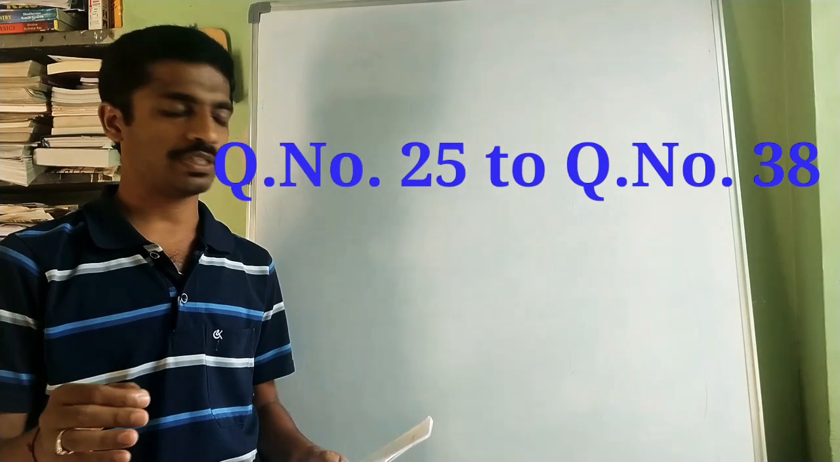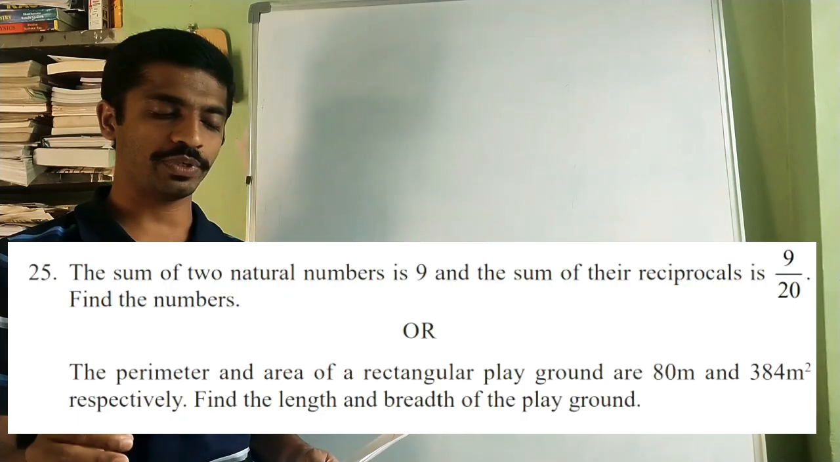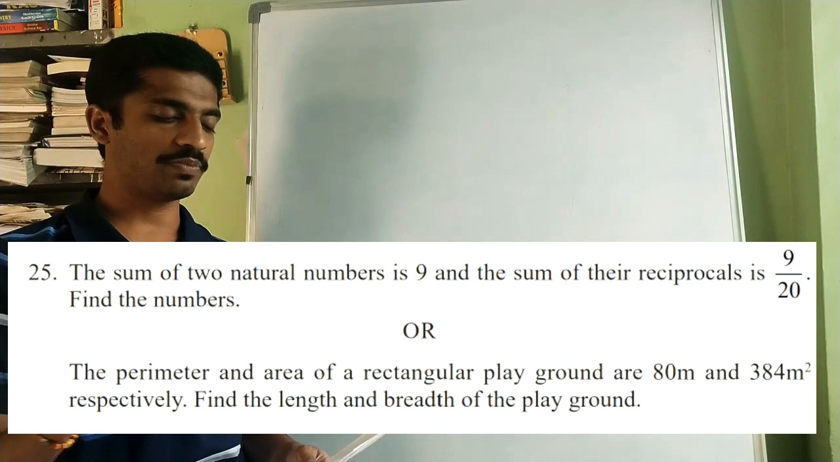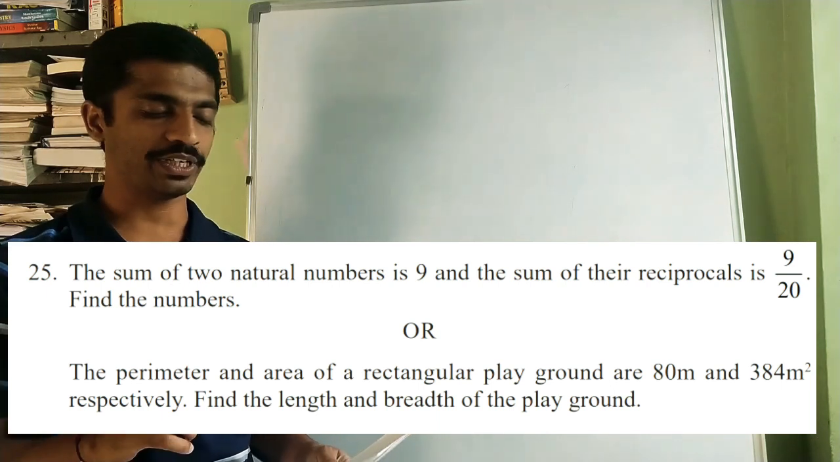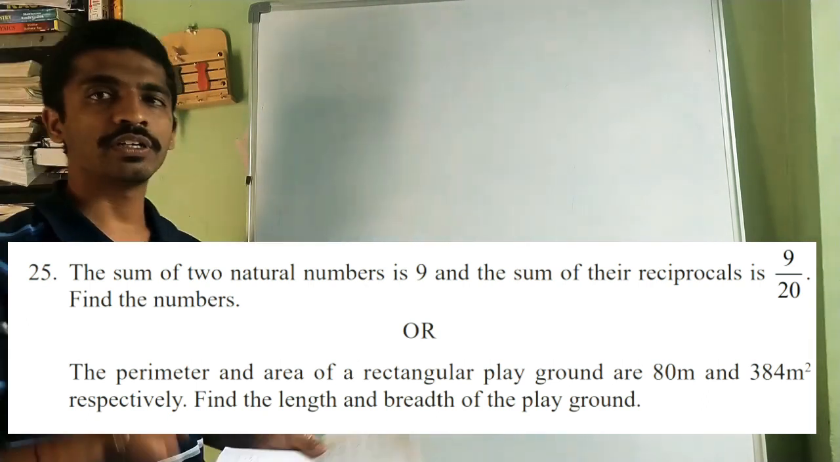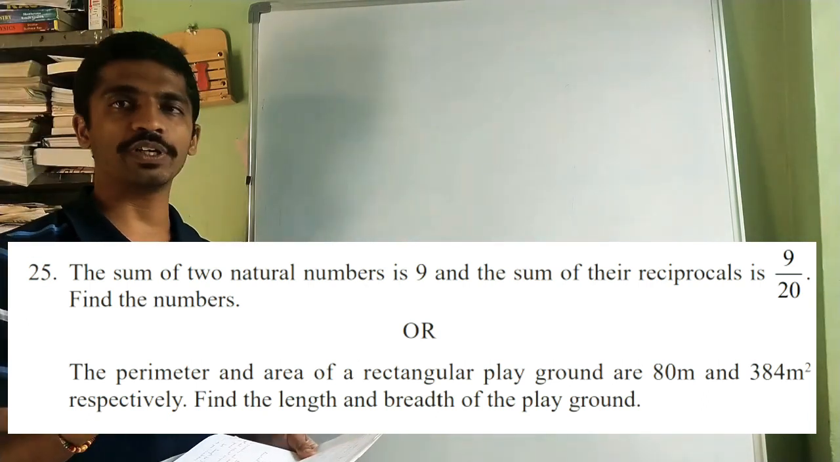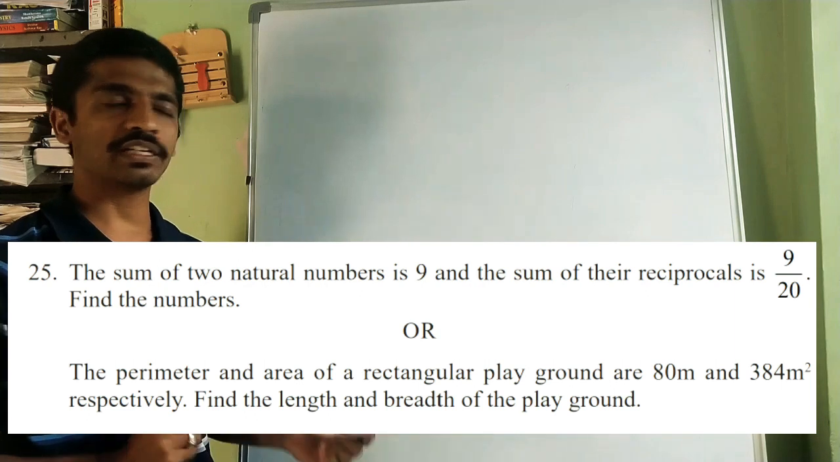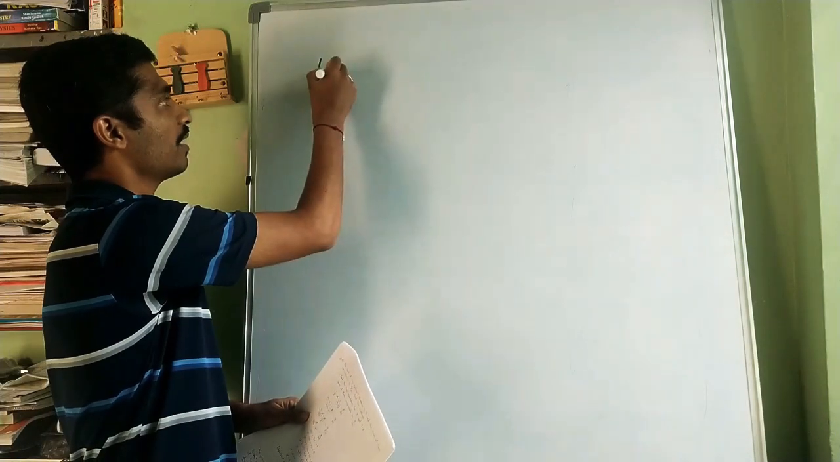The 25th question is like this. The sum of two natural numbers is 9 and the sum of their reciprocals is 9 by 20. Find the numbers. Okay. So here they mentioned two natural numbers. Their sum will be 9. So let the two numbers be